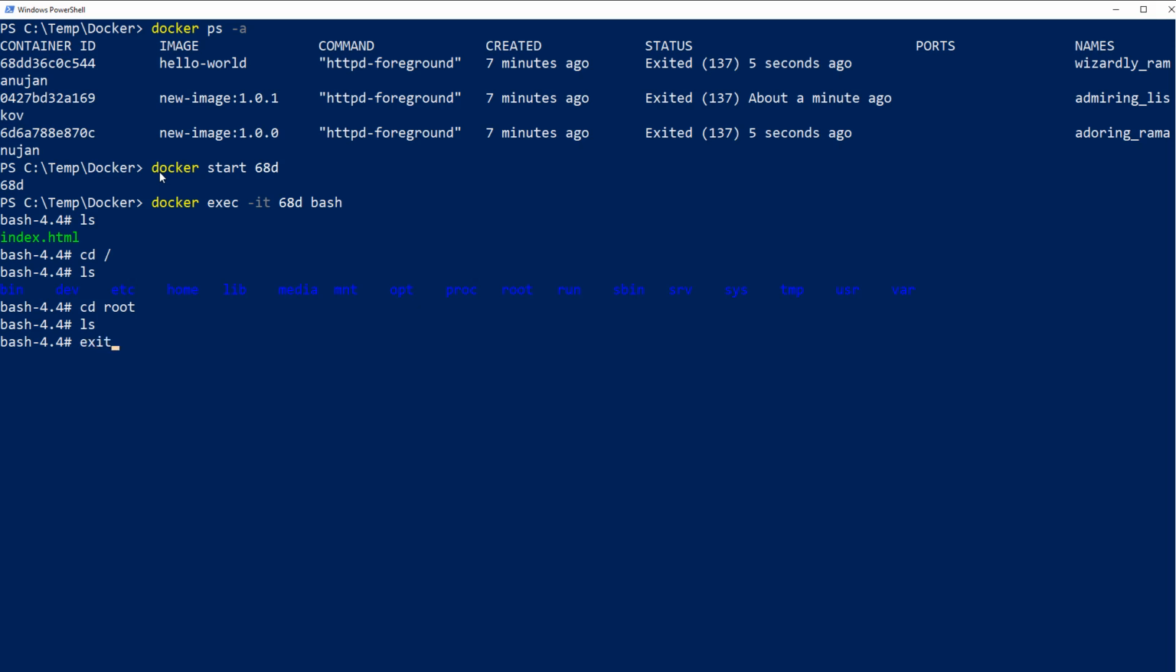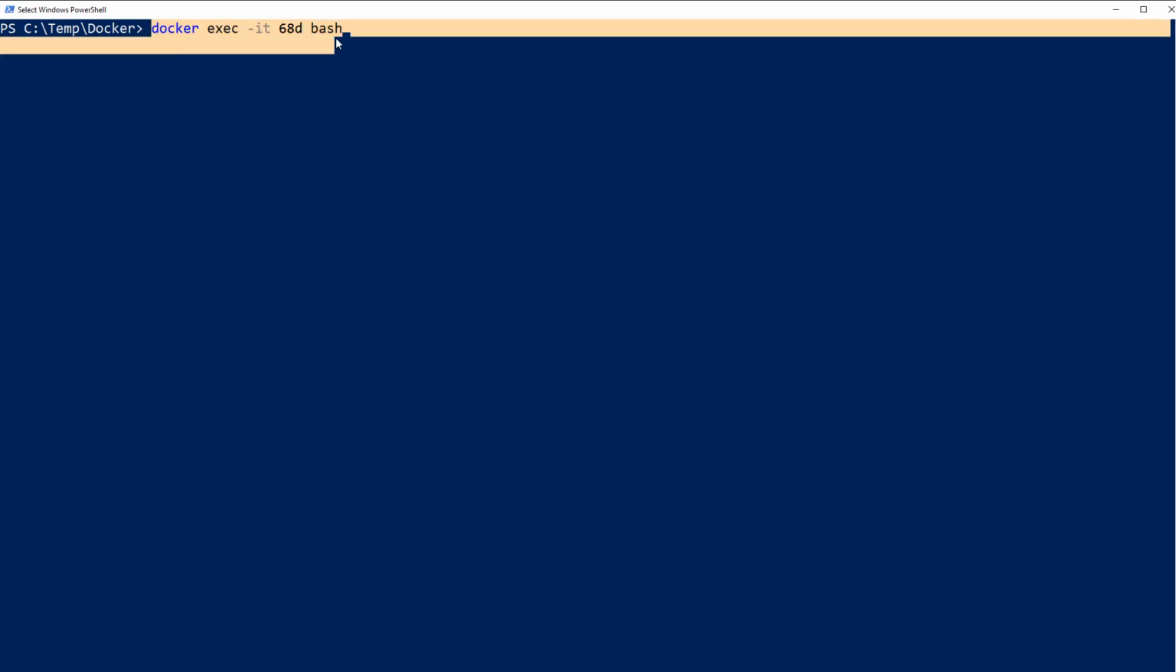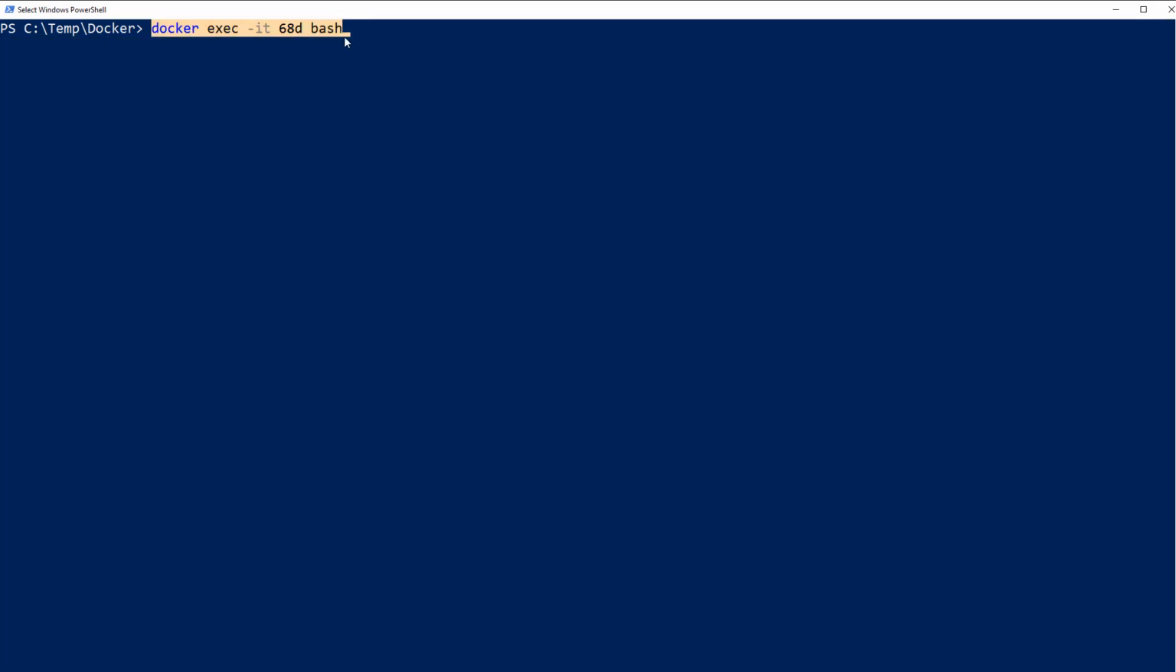And I can exit out and clear this out. So that's one command. Don't forget the exec -it for interactive terminal, and then passing that bash after the container ID. So that's the full command right there. We've already done it a couple times. But the next one is